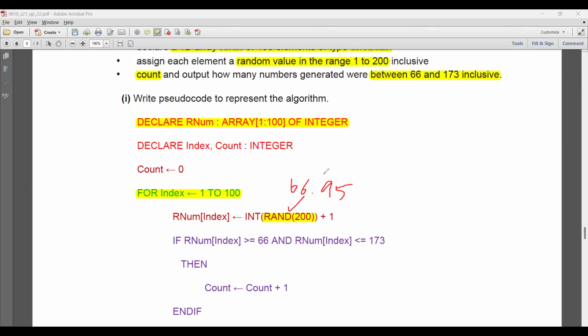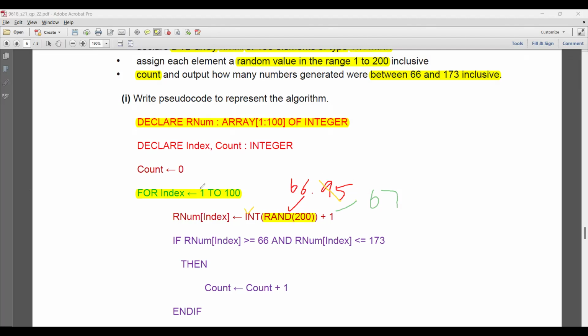This is the function of int. And then +1 is done, and that will give you 67. So this is what the whole line is going to do: the rand function, then int applied, and then +1 to add 1 to it, and then that will be stored